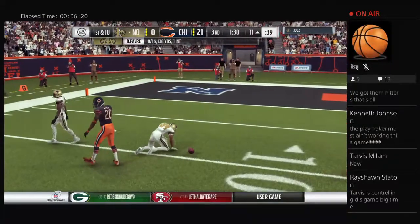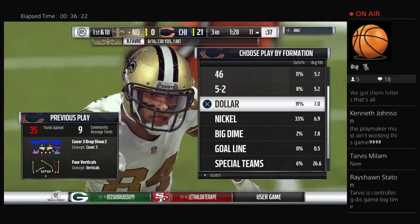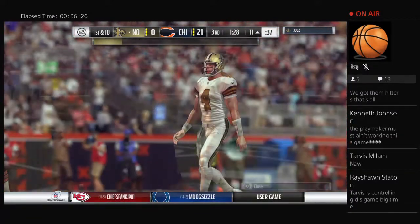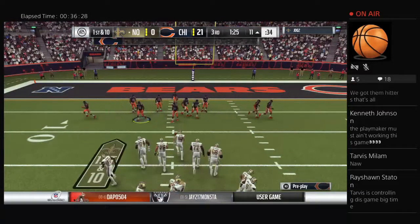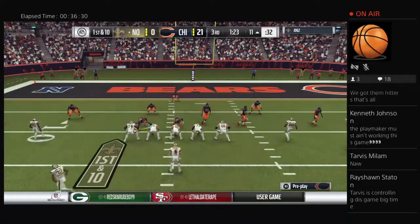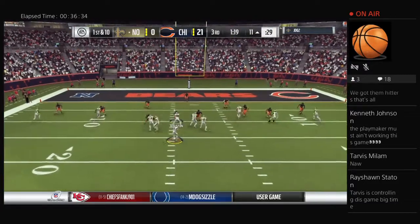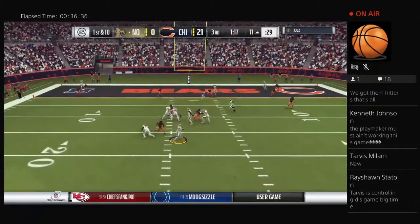And he gets this one all the way down inside the 15, just shy of the 10. There will always be a place for methodically marching the ball downfield, but when you can pick it up in big chunks and strike like that and have explosive plays, that's often the difference in winning and losing. Those types of plays that can...